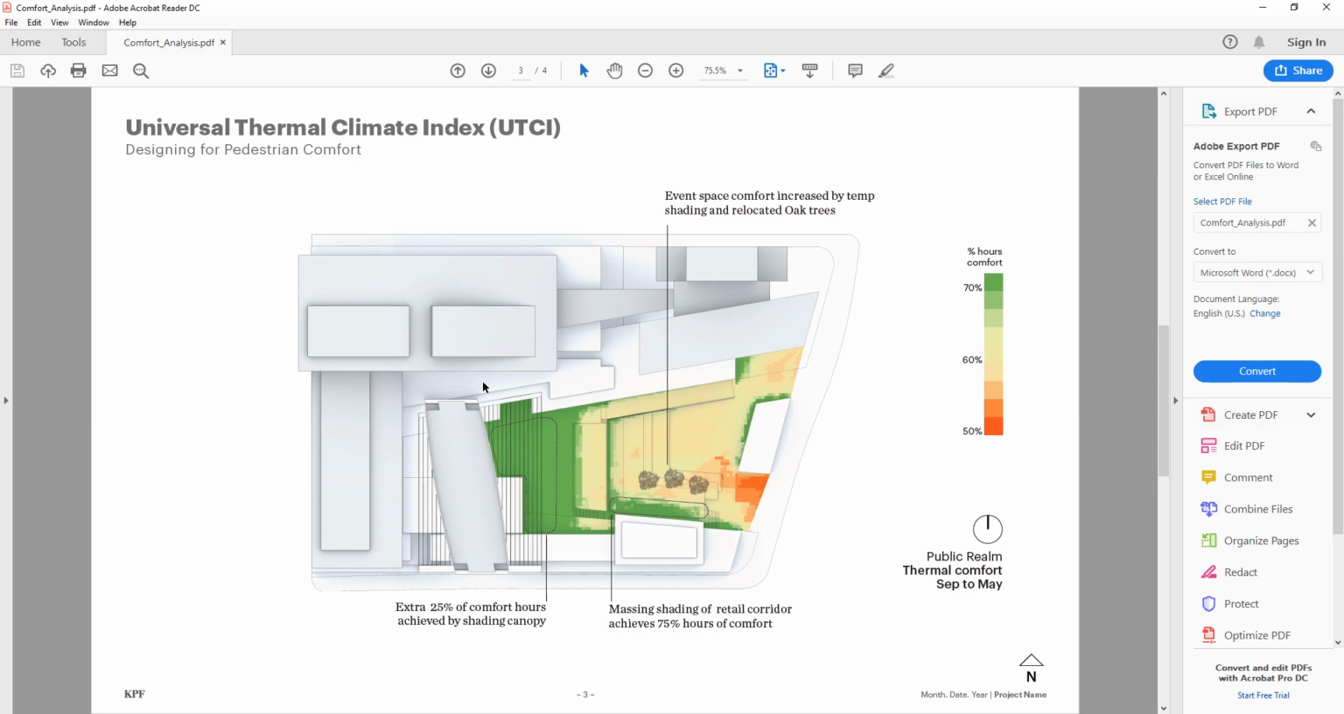Here's an example from a project in Houston where we ran out the climate analysis. We included things like this shading canopy here, which is providing a lot of the comfort, and then quantified how much that canopy achieved. So we ran the analysis with and without the canopy, and then we quantified the improvement. So 25% extra comfort hours. And then identified areas where we start to have discomfort, where we may need things like trees, or where positioning of certain program, like this retail here, is causing